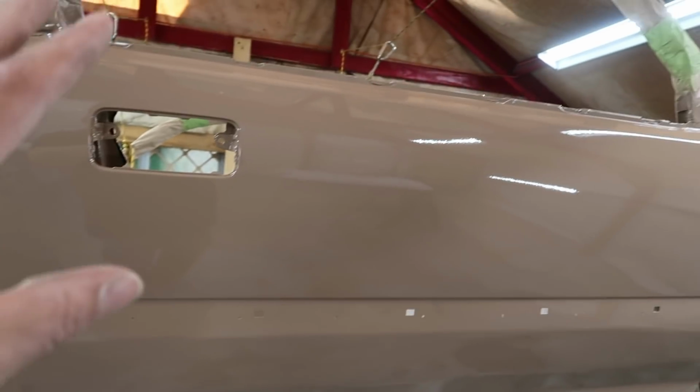Right, got the doors sprayed with color. I have not clear coated them. I'm gonna wait until tomorrow to clear coat because if you look outside, it really looks like it's gonna rain, bro. The problem with clear coating them right now, if it does rain, is it's gonna screw the clear coat up pretty bad. But this paint, within about an hour or so, will be pretty well dry